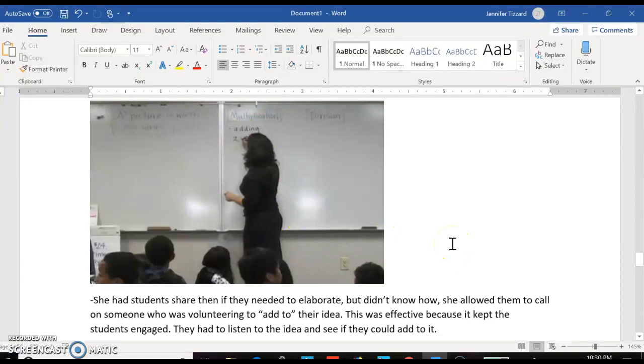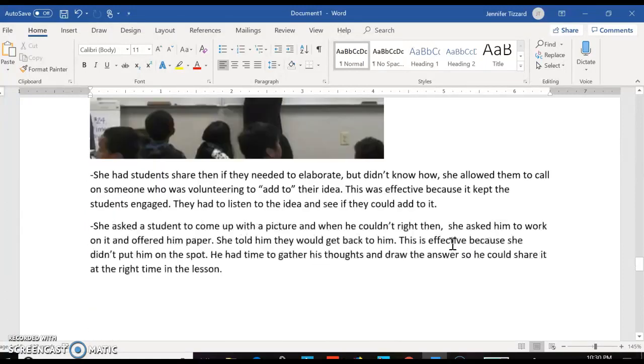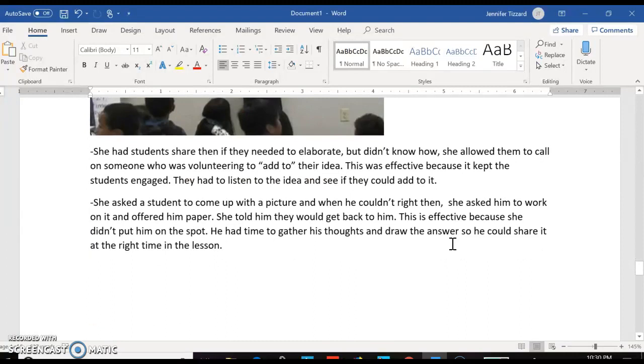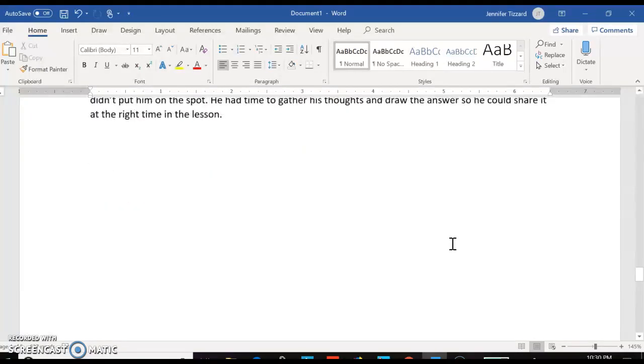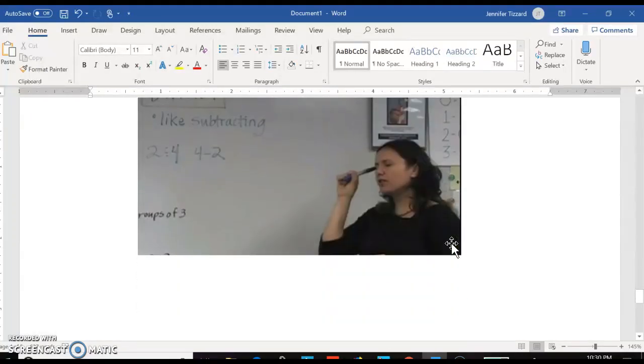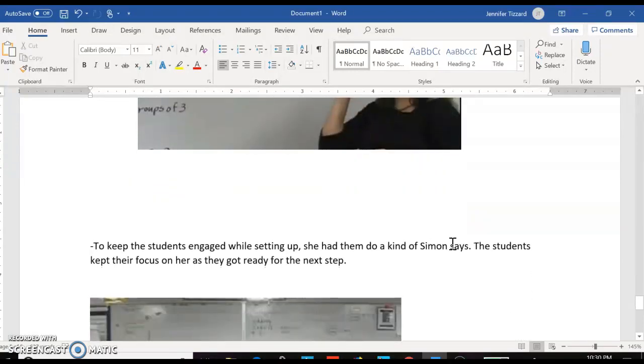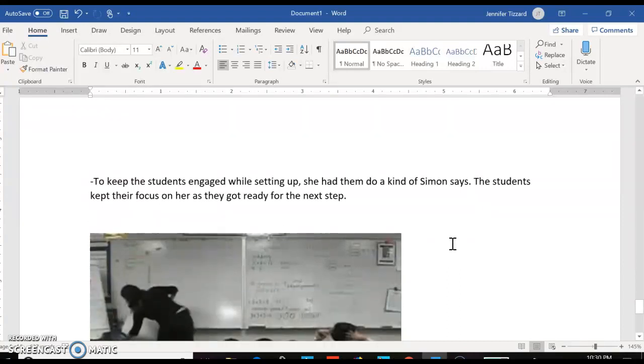And then the student can pick the other person that added to what they had to say. She also gave them a chance to think about it and then come back to it. So she gave a student a chance to go and draw it and then share his drawing after they thought about it. The next video was missing, so I don't know how that turned out,